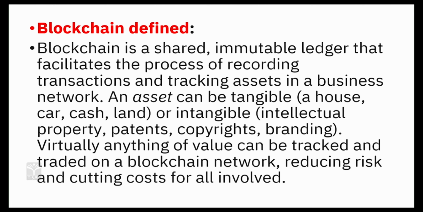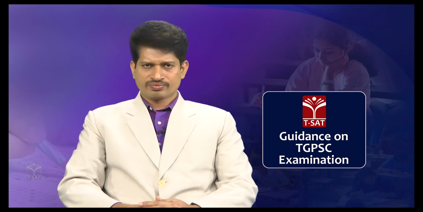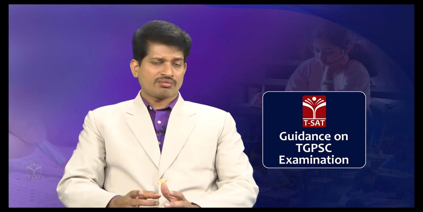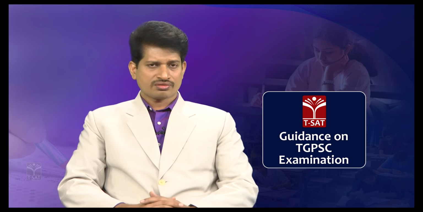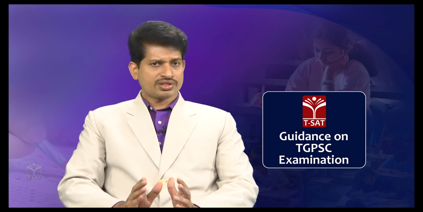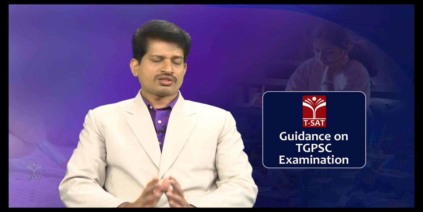So blockchain technology is a software which does this activity. So what are these activities being done by software? Blockchain is a shared ledger, so some information is being shared between us. What is that information being shared between us? The information is shared between people who are authorized, and the information is not shared between people who are not authorized. That is the speciality of blockchain. The information can only be shared between certain authorized people.